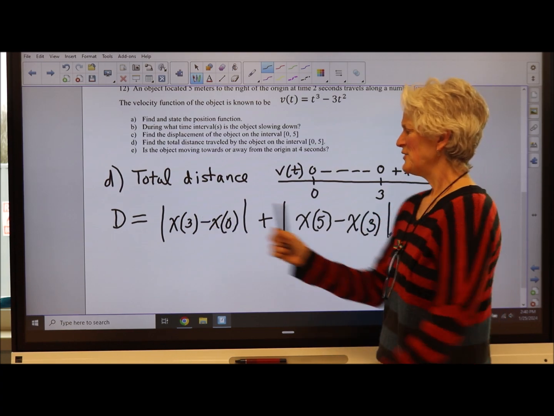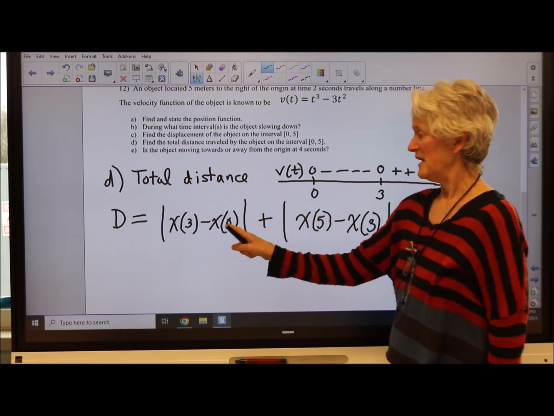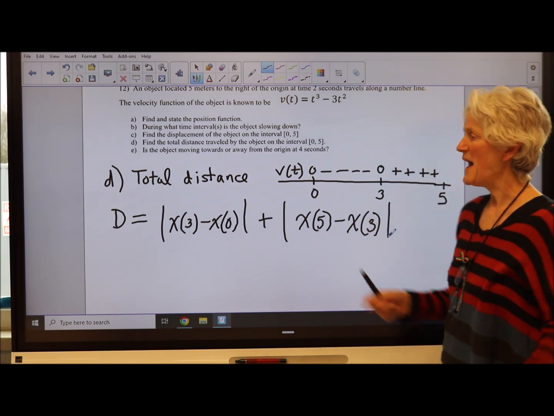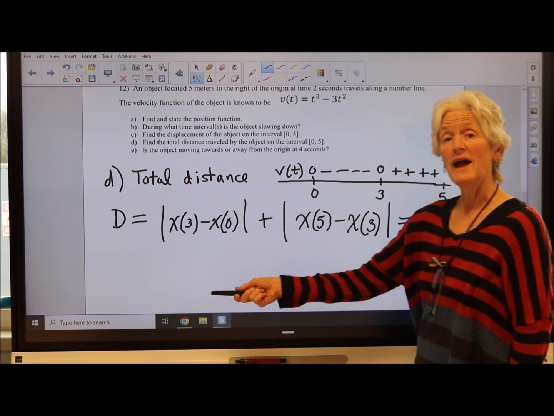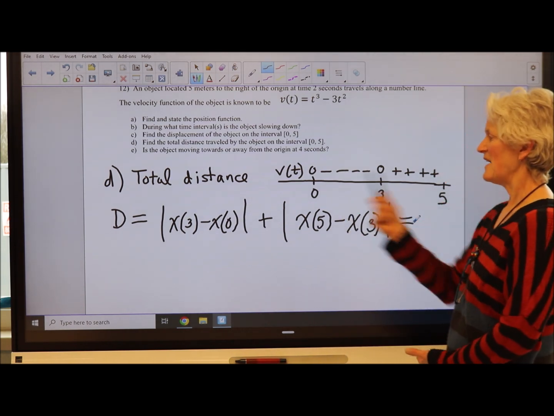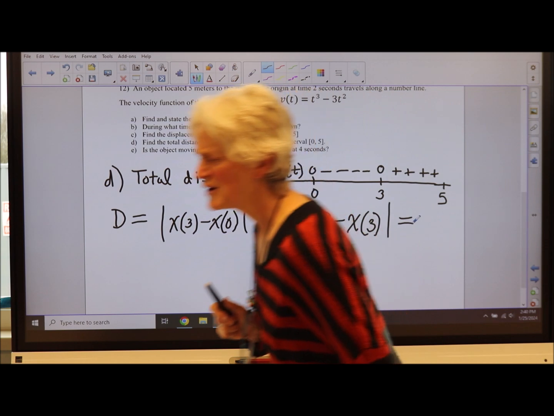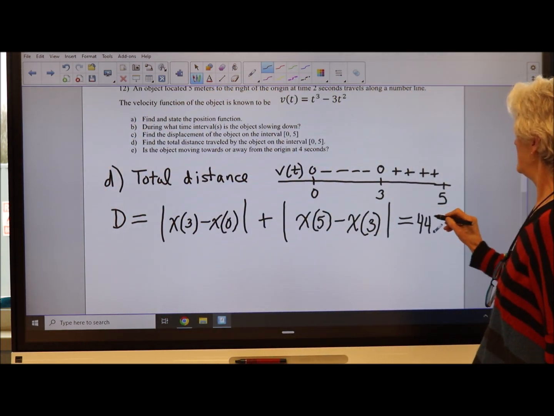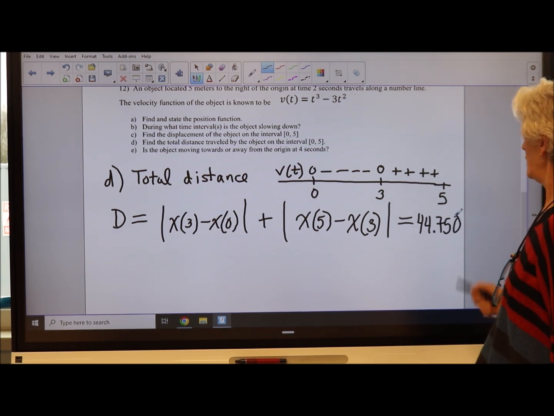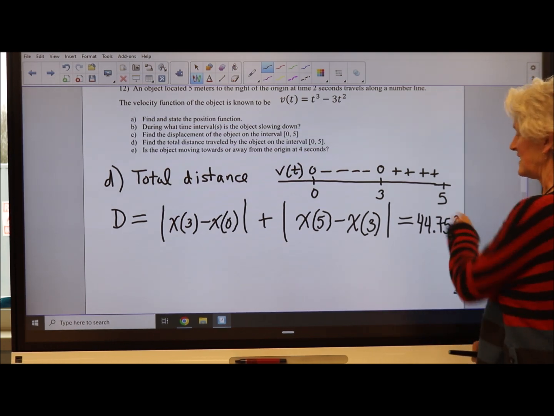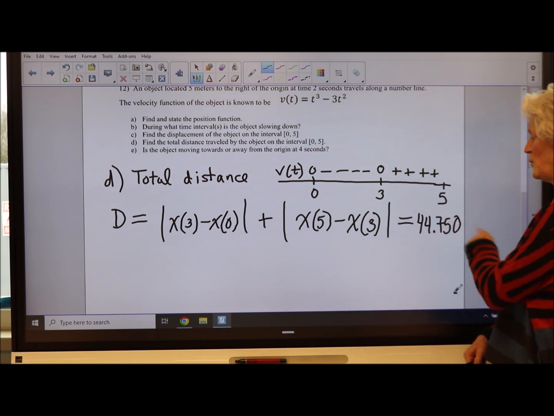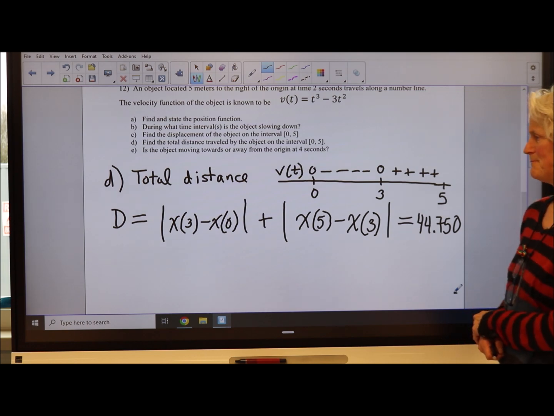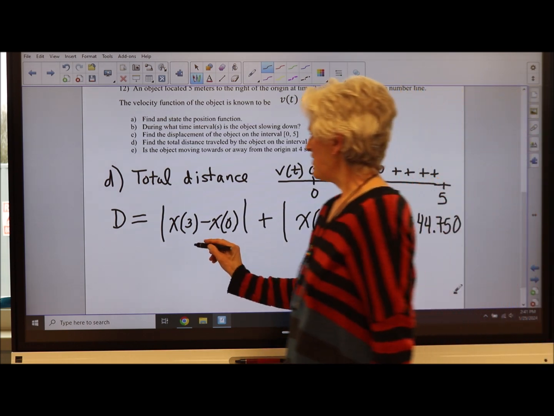And of course it doesn't matter since I have the absolute values here. I could have done x of 0 minus x of 3, or x of 3 minus x of 5. It matters not. This is one way I could find the total distance I traveled. And I think my answer ended up being 44.750. And in AP Calculus, we always like leaving 3 decimals. We want it to be accurate to the nearest thousandths place. Okay? Now that's one method, or